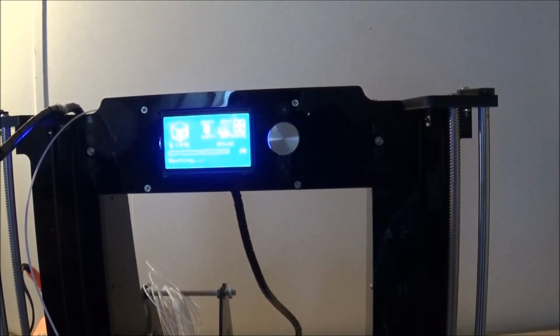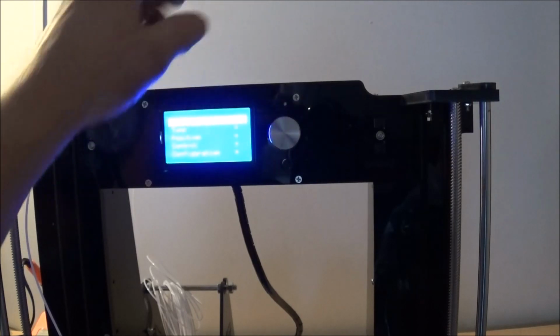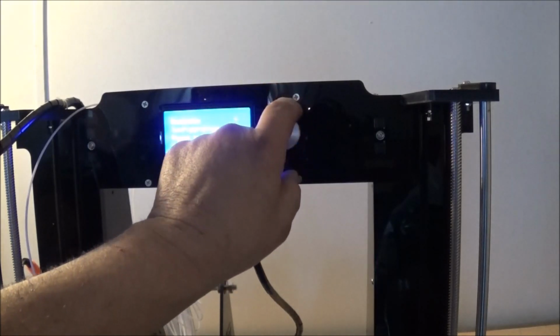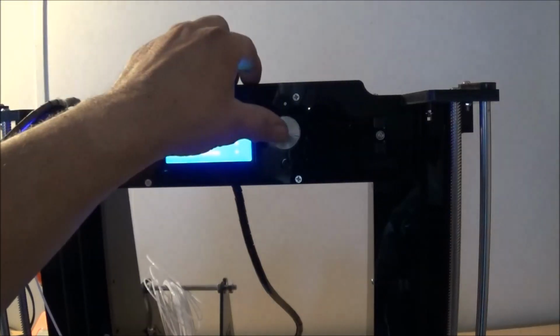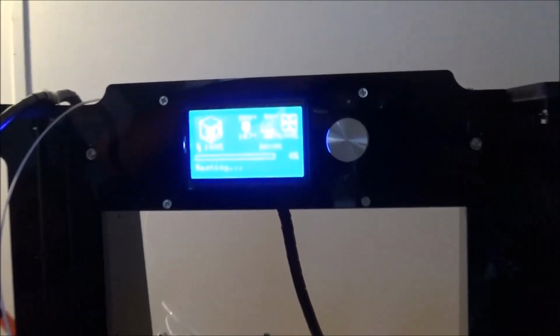Okay, I'm going to do just a simple little test print. I've already gone to the menu. You hit the menu button, come down to... okay, it's not going to let me get into it. You will scroll down to prepare, and then I scroll down to hit PLA, heat PLA, and then hit the button. So what it's doing, the nozzle temperature